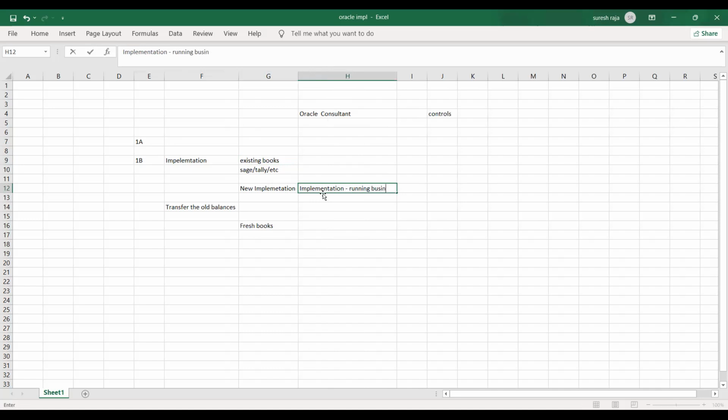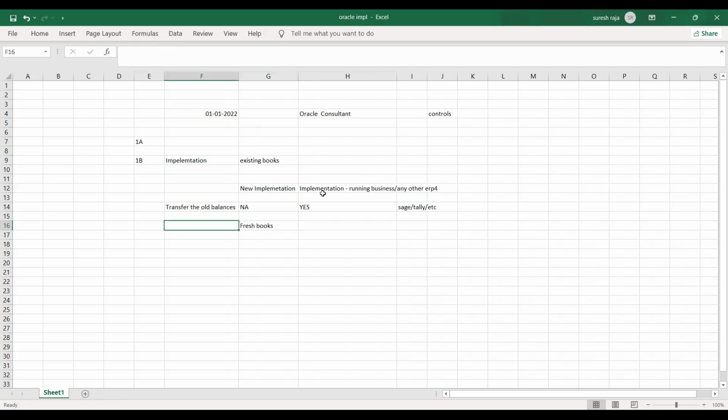Any other ERP. So here, transfer the old balance into the new system. For a new business it is not applicable because it is new. So assume our implementation is going to start on 1/1/2022. So we have 3 months. You want to transfer the old balance sheet items, P&L or whatever.